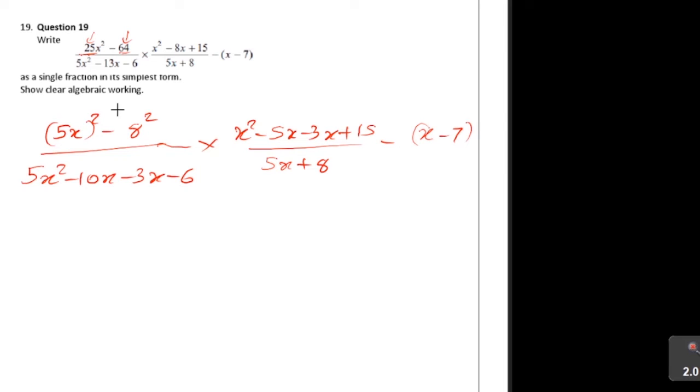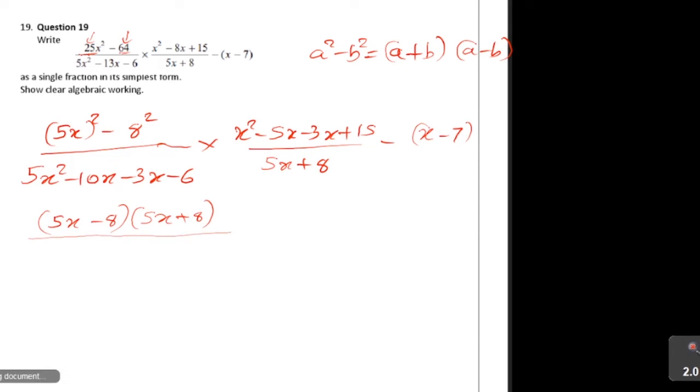So let's try to find the factors of this one. Difference of two squares, a squared minus b squared, you can simply write it as a plus b into a minus b. So here we can write it as 5x minus 8 into 5x plus 8, divided by, I think I did